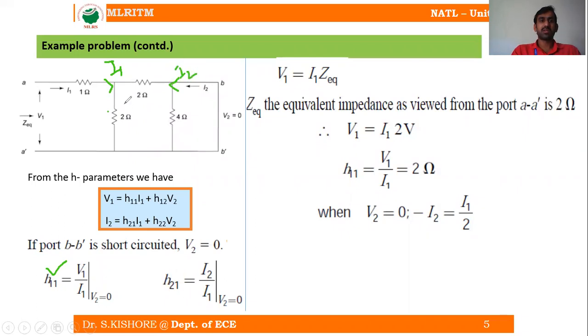And this is I2, and the current is going to divide here because these two are in series and these two are in series. So the current is going to divide between these two networks. When you are applying the current division rule, we can write minus I2, as both I1 and I2 are acting opposite, is equal to the source current I1 into the opposite resistance.